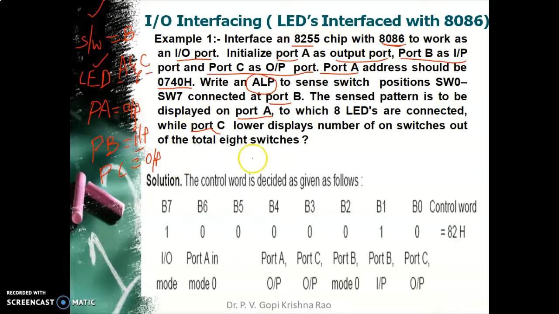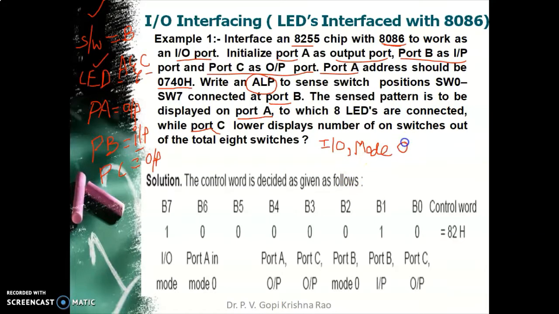Now we have to write a control word for this. Which mode are we going to operate in? As you are making use of all the 3 ports, by default it is the IO mode of operation that we will be operating with. In which mode do we have to operate? As all the 3 ports are being used, only mode 0 supports use of all the 3 ports. So we configure this in mode 0 of operation.